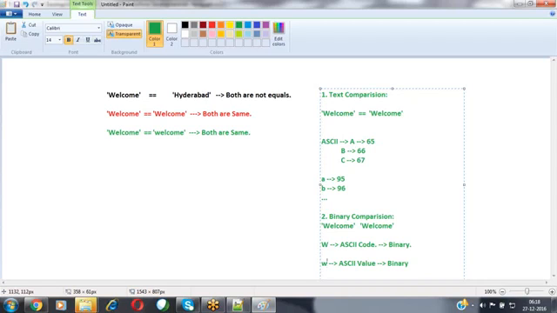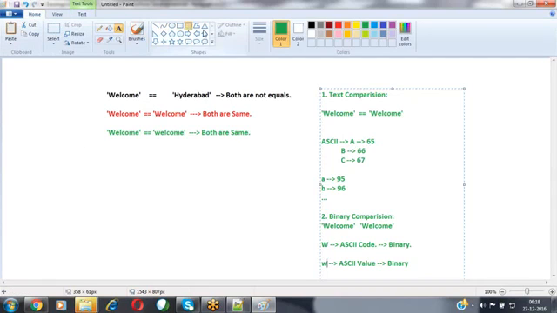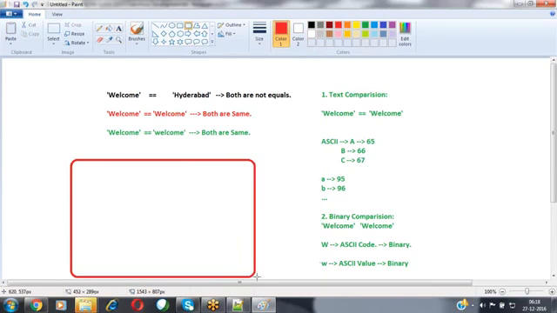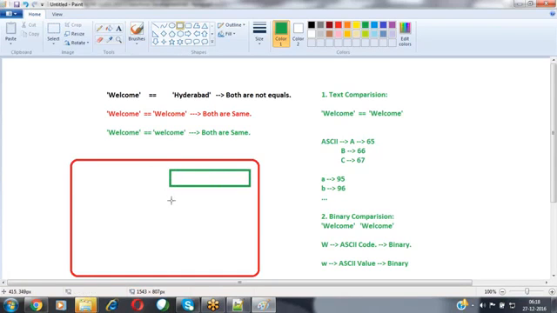Then where can we go for text comparison, and where can we go for binary comparison? For example, assume I have a login screen inside my application. In this login screen I have some text boxes: one text box to enter the username, and one text box to enter the password.